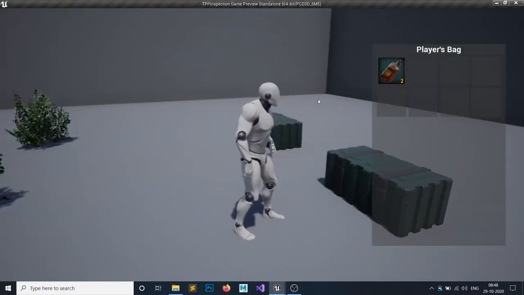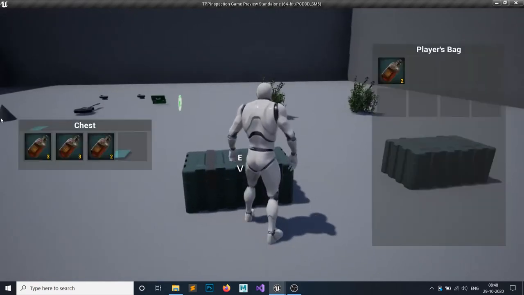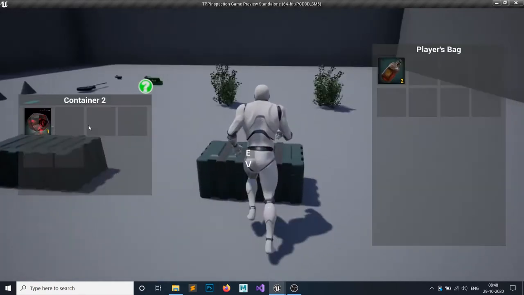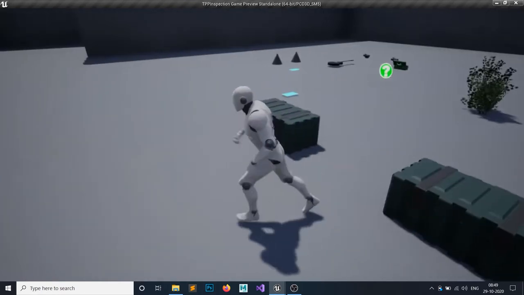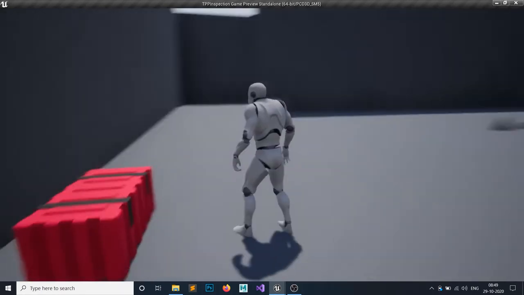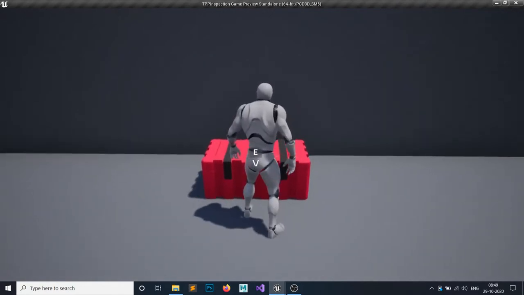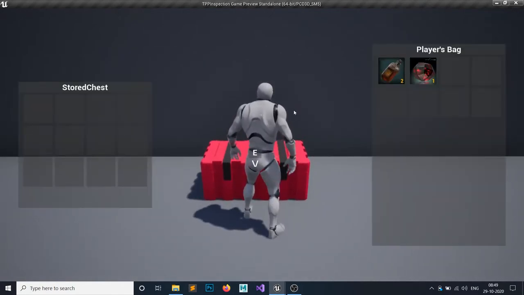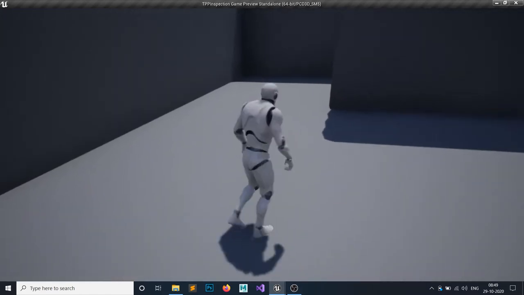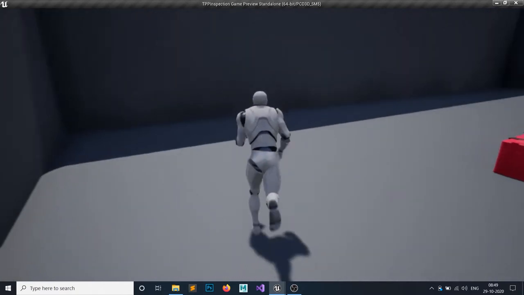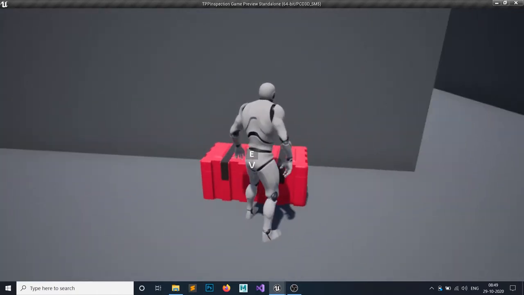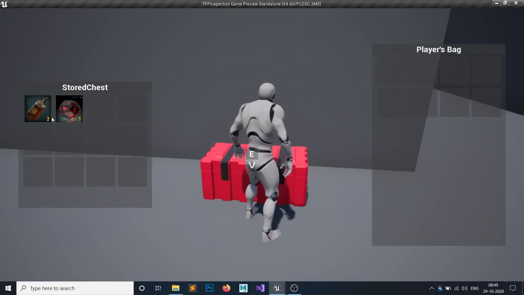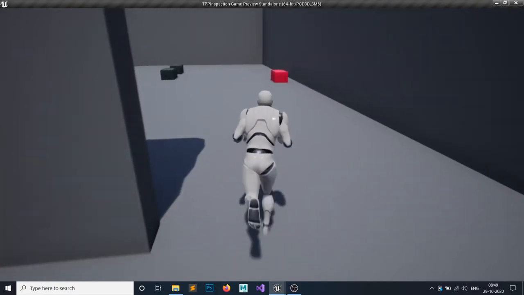Okay, so I have two hubs, and from this guy we have stored this scope. So I'm going to get the scope, and if you remember, that container is empty, so in this stored chest I'm just going to store everything. Now my player bag is empty to add some more things. Now if I progress further in the story and I want that stored chest back, I simply find the next chest and it has the previous items. So this is how it works.